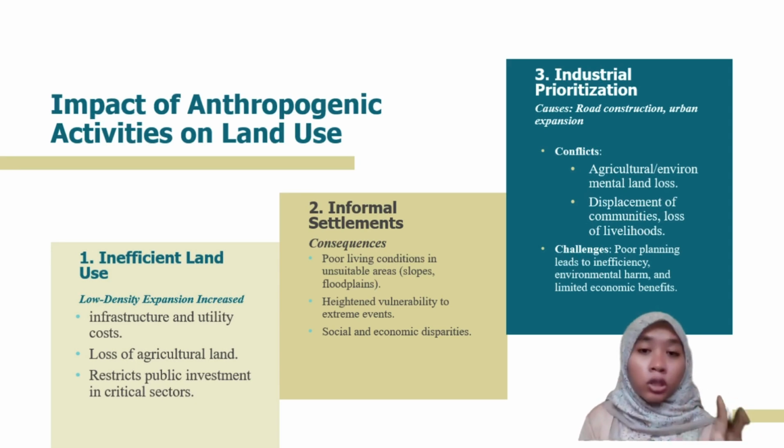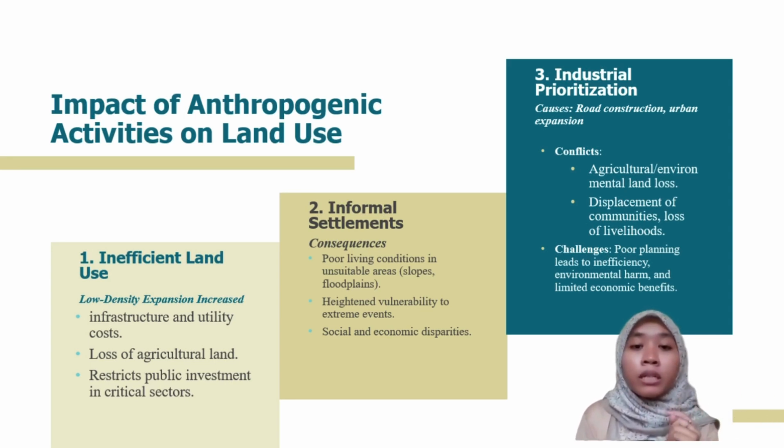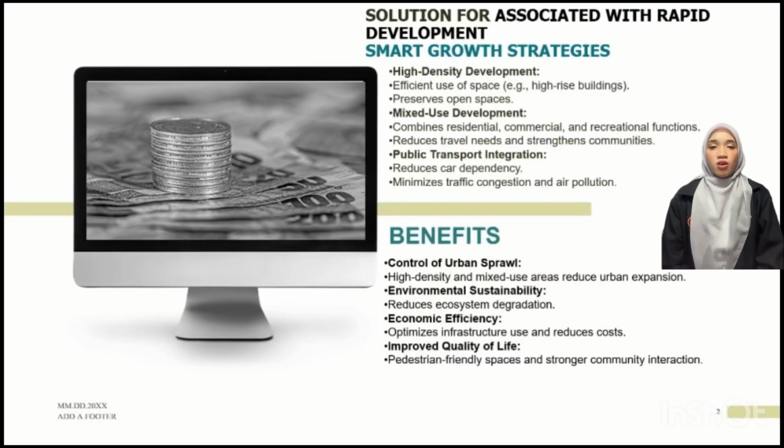Cities stand at a crossroads. Will they continue with unsustainable land use practices or will they embrace smarter, fairer planning? To thrive, cities must balance economic growth, social equity, and environmental sensitivity. By optimizing land use and investing in inclusive planning, urban areas can secure a future where both people and the economy flourish. Okay, next I want to talk about how a smart growth strategy can address the